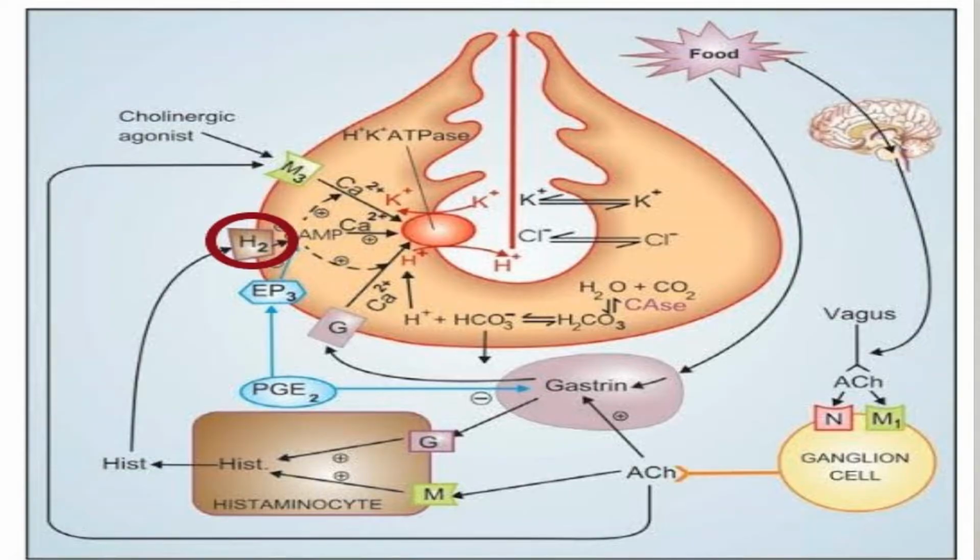Now this acid is secreted under various neurotransmitters or various local substances. One of them is histamine. So histamine is going to bind on this H2 receptor. Now where is this H2 receptor present? It is present on parietal cells. So histamine is going to bind on this H2 receptor present on parietal cells and it will cause increase in gastric acid secretion. Second mechanism is by pepsin. Histamine will increase release of pepsin and by that ultimately it will cause this increase in gastric acid secretion.